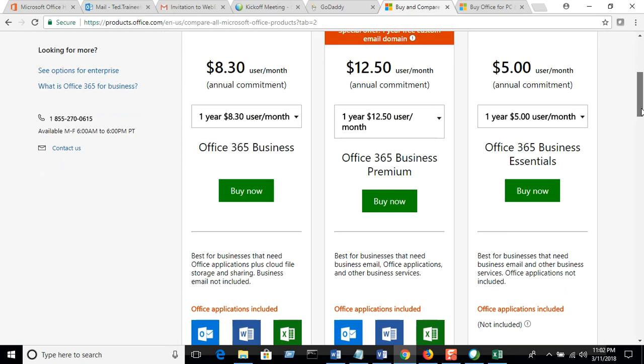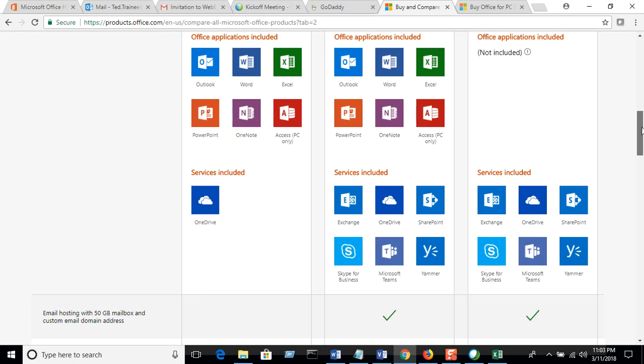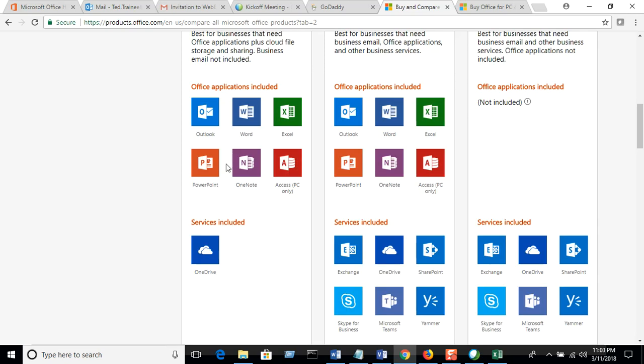So at that point, we might actually be better off going with this solution right here, because it's a cheaper dollar amount per month. However, you're also getting Exchange with it. Here, you're not getting Exchange, but you're getting the software. So it's kind of tricky. This seems like the better deal, but this actually is the better deal, because if you were to take this extra amount per month,